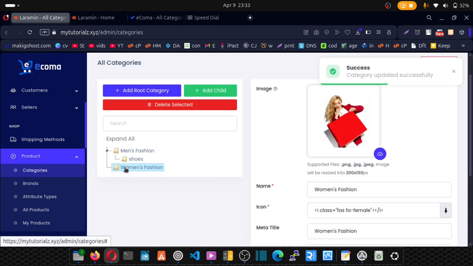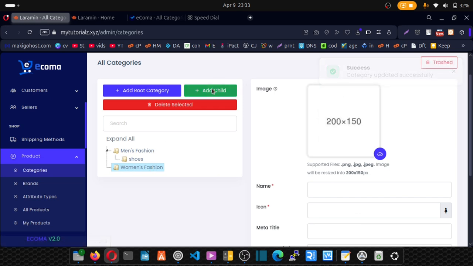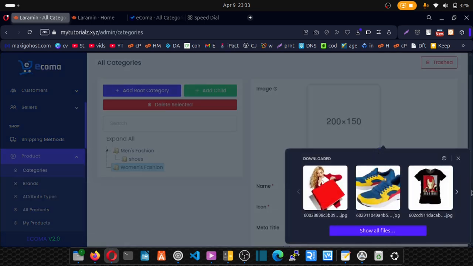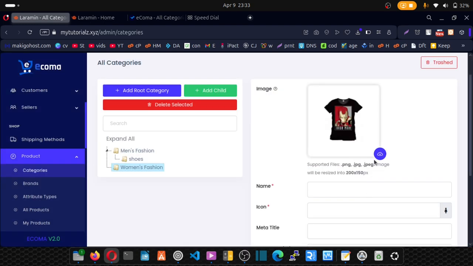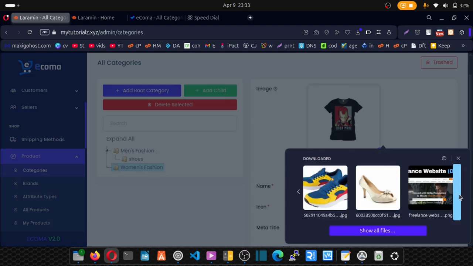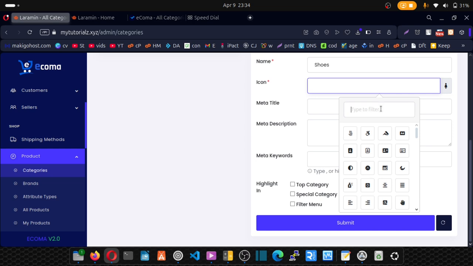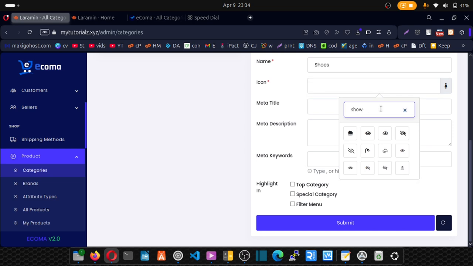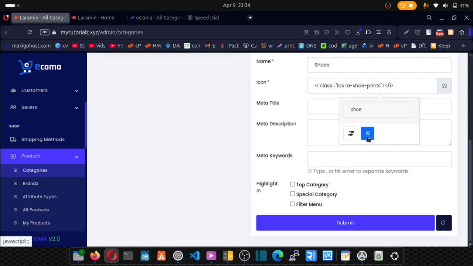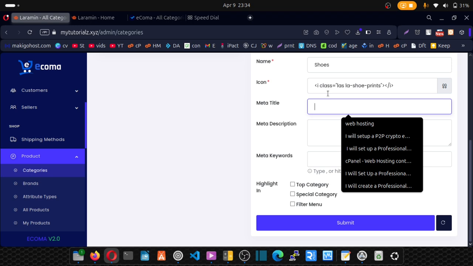Good. Now make sure you're on the women fashion and now click on add child. I'm going to create a subcategory for women. So I'll click here and we're going to create a shoes category or sandals. Okay, so something like this, and maybe let's put something inside the search. Now just put woman shoe,